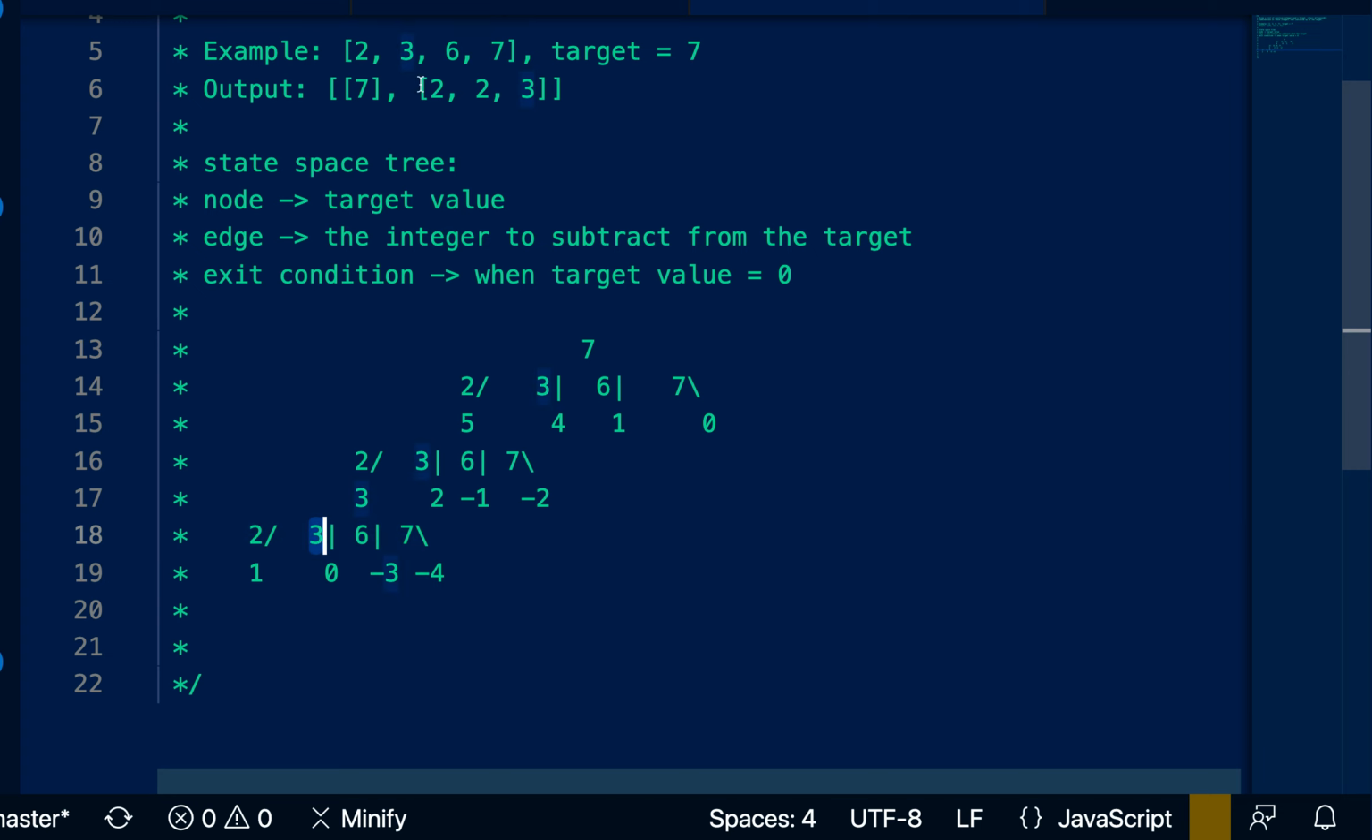And so that is our output. These are the only paths that lead to 0. You can try out other paths, but they won't lead to 0. They would either lead to a number less than 0, or they will never lead to 0 at all. So now that we have created the tree and we have understood what we want to do, let's also